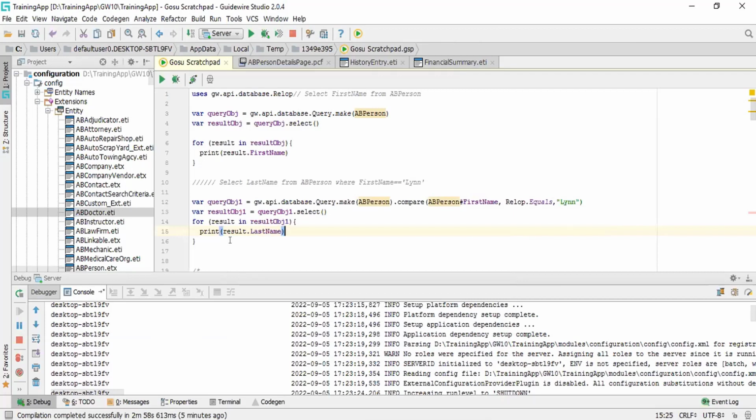Result dot star will not give me. I'll tell you what dot star would give me, if I want to show all the fields here. So what I will do here is